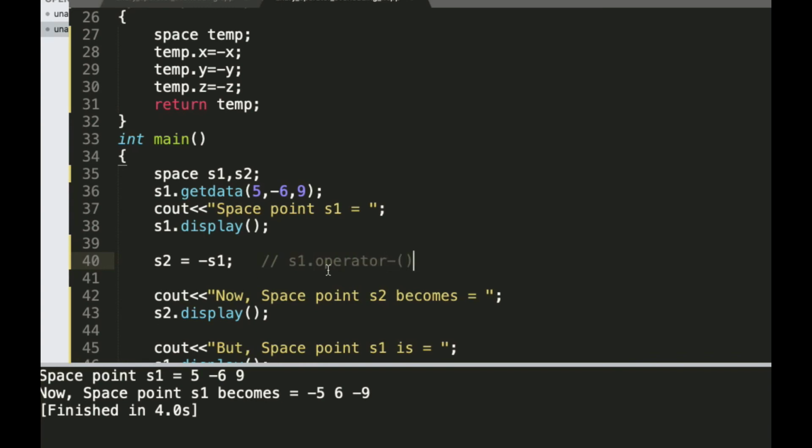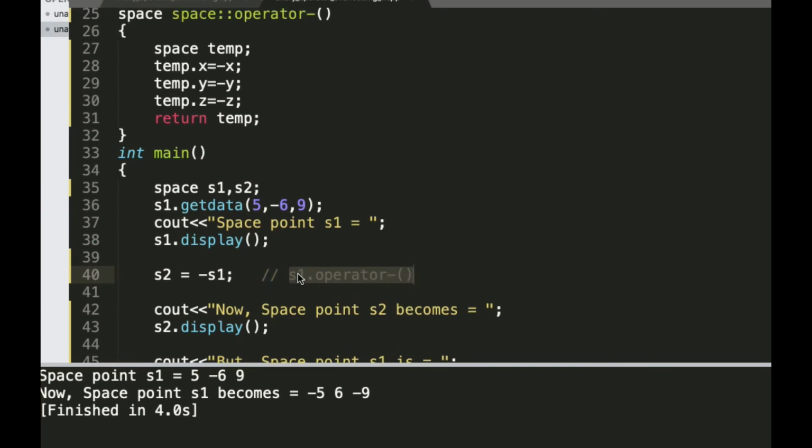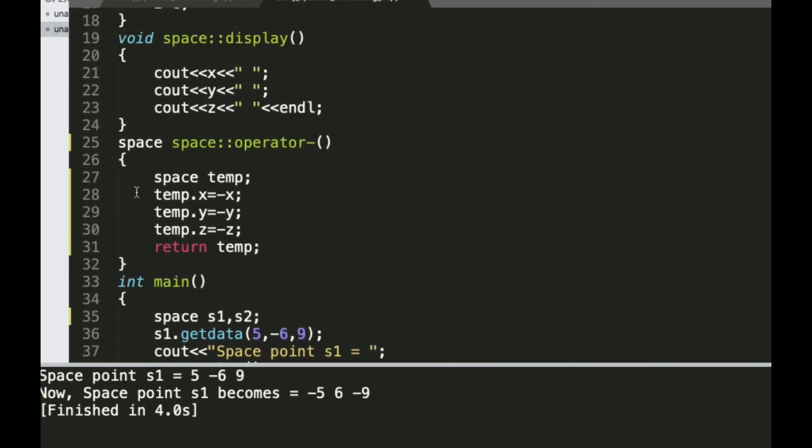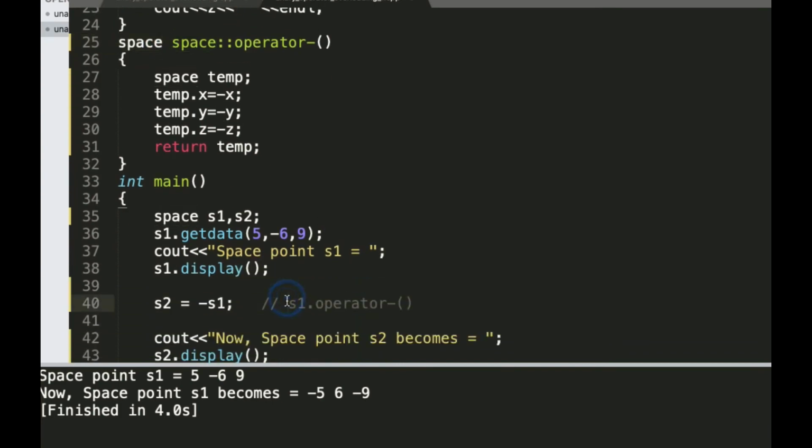But this time, the operator minus function returns an object of space, so we can assign it to any object. So whatever the return value, it gets stored into s2.